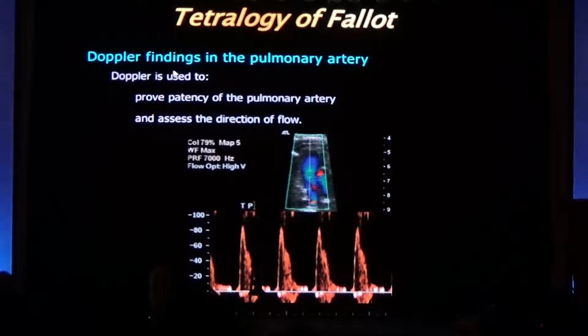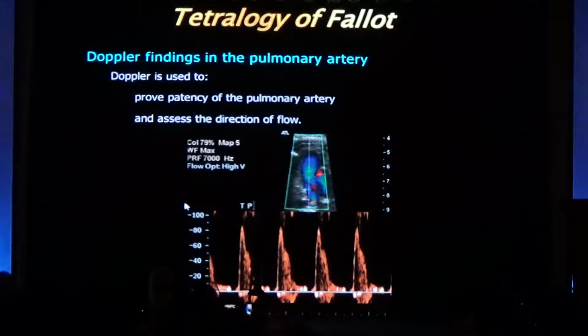If you look at the Doppler in the pulmonary, you will use Doppler to make sure that the pulmonary is patent and to assess the direction of the flow. You want to make sure that there's forward flow and not retrograde flow, and you want to make sure that it's not too fast, because that may mean that the pulmonary valve is becoming atretic and you have turbulence in